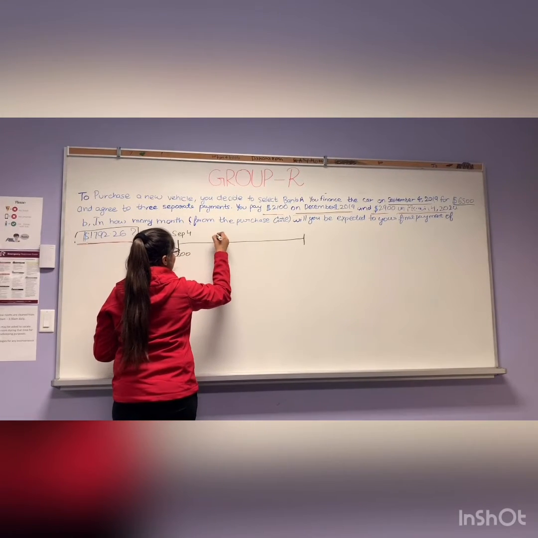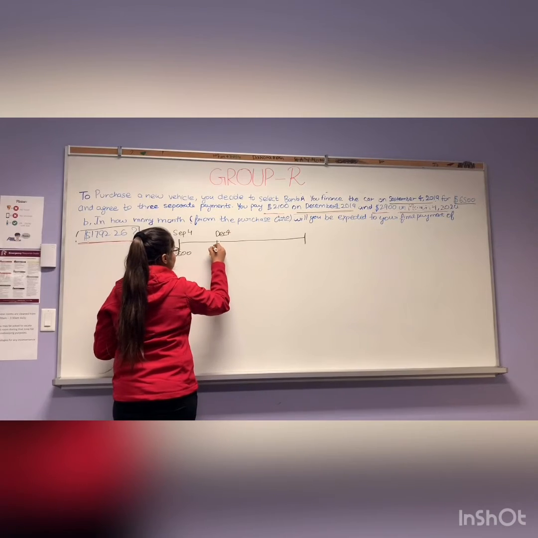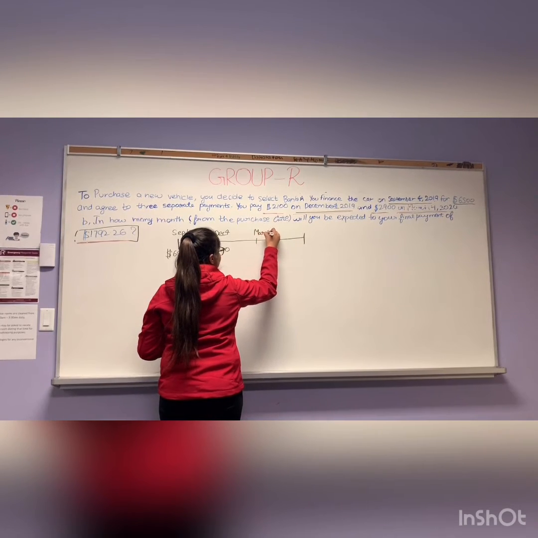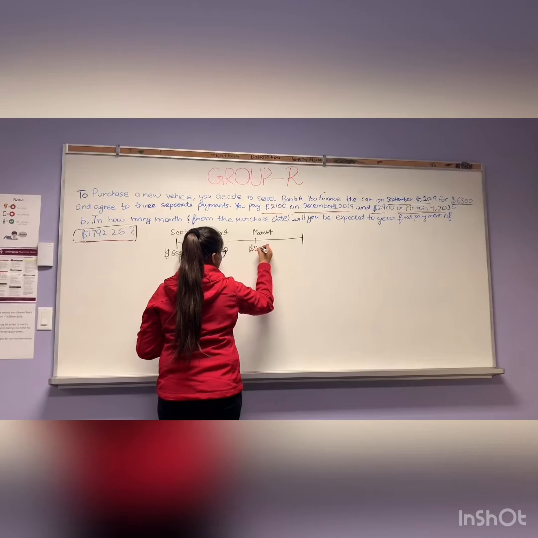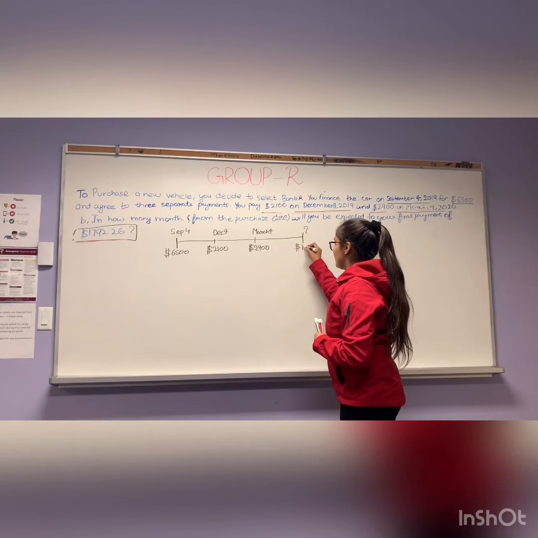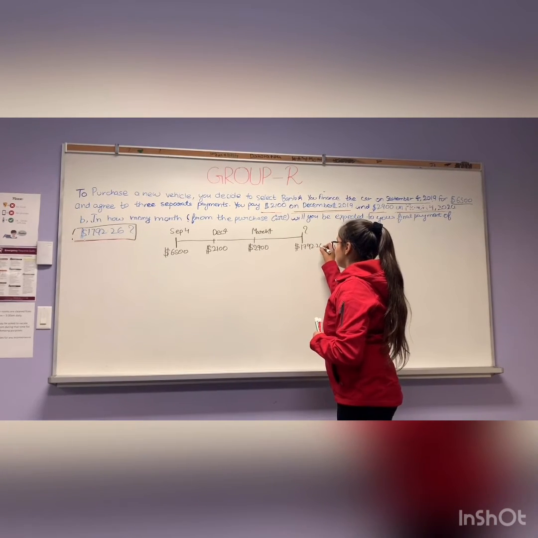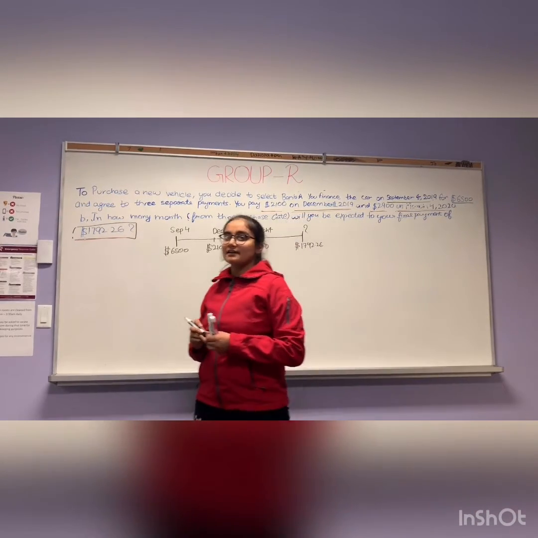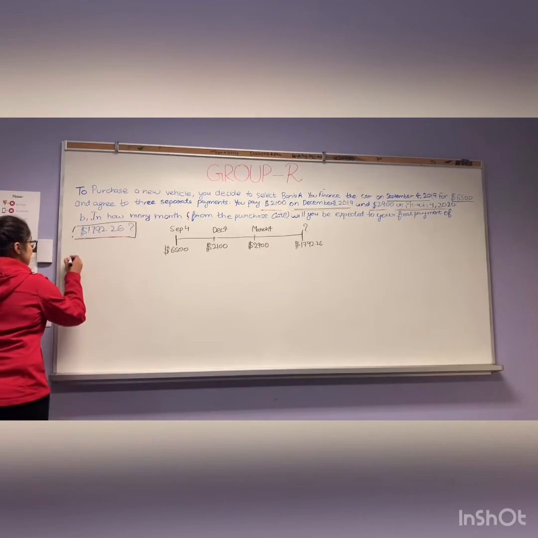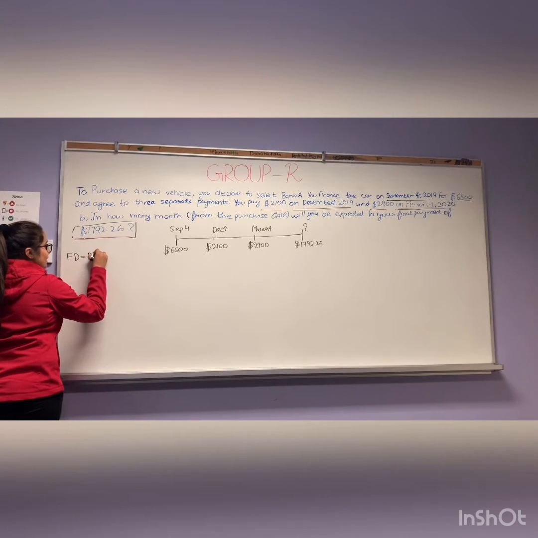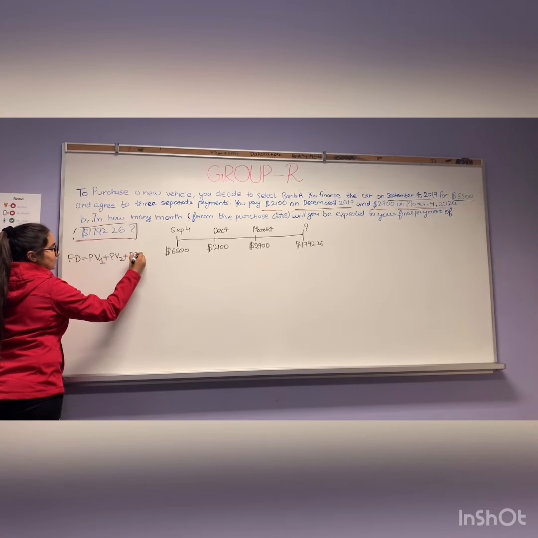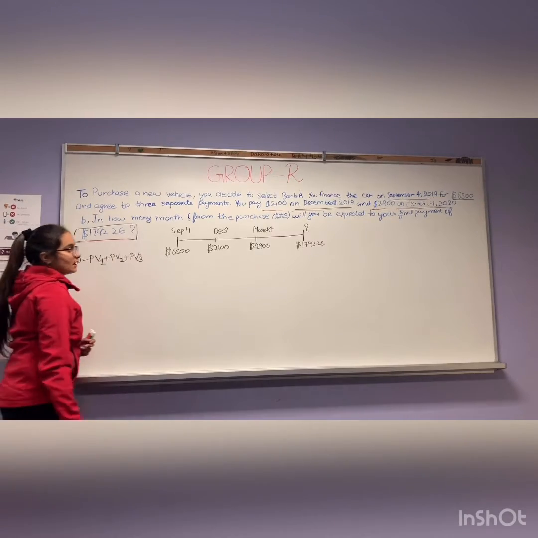The second is on December 4 of $2,100. The third is on March 4 of $2,900. The last month we need to find, as the final payment of $1,792.26. So to have our final answer of N, we have one formula. We need to find other things too. As the formula says that focal date is equal to present value 1 plus present value 2 plus present value 3. So in this question, our focal date is this one,